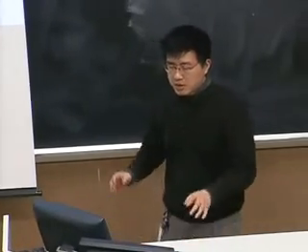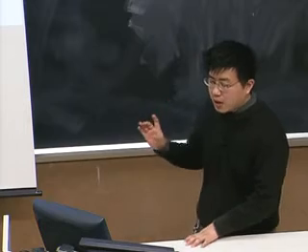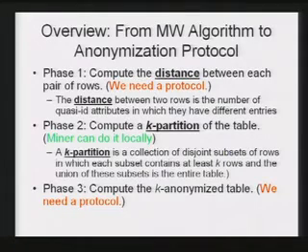The distance between two rows is defined as the number of columns in which they have different values. Okay? So the distance between two rows is just the number of columns in which they have different values. And in the second phase, using the output of the first phase, the algorithm computes a k-partition of the